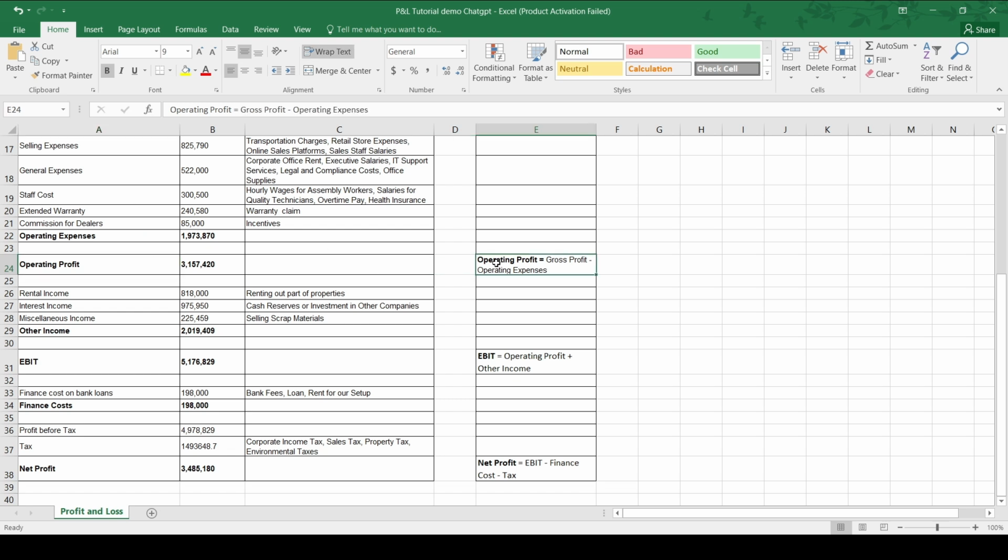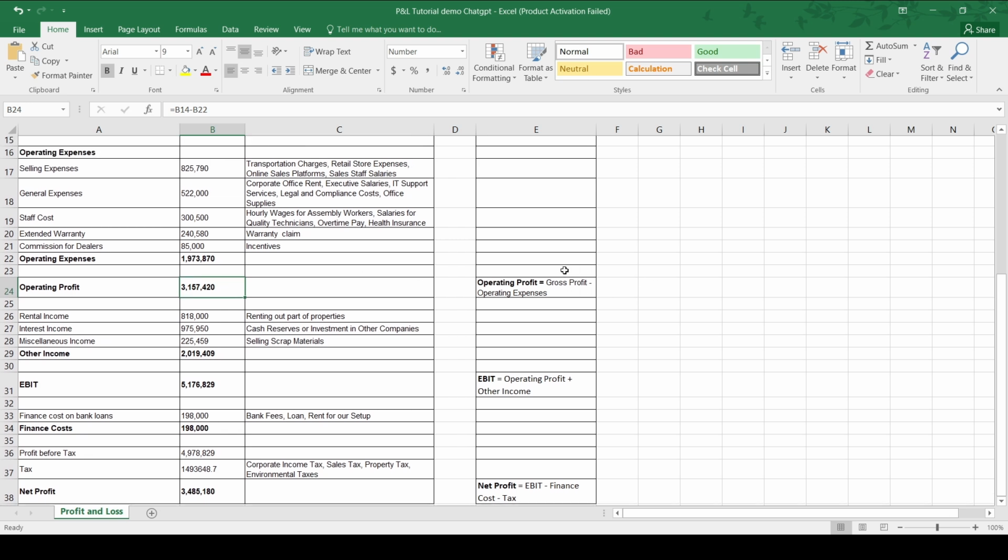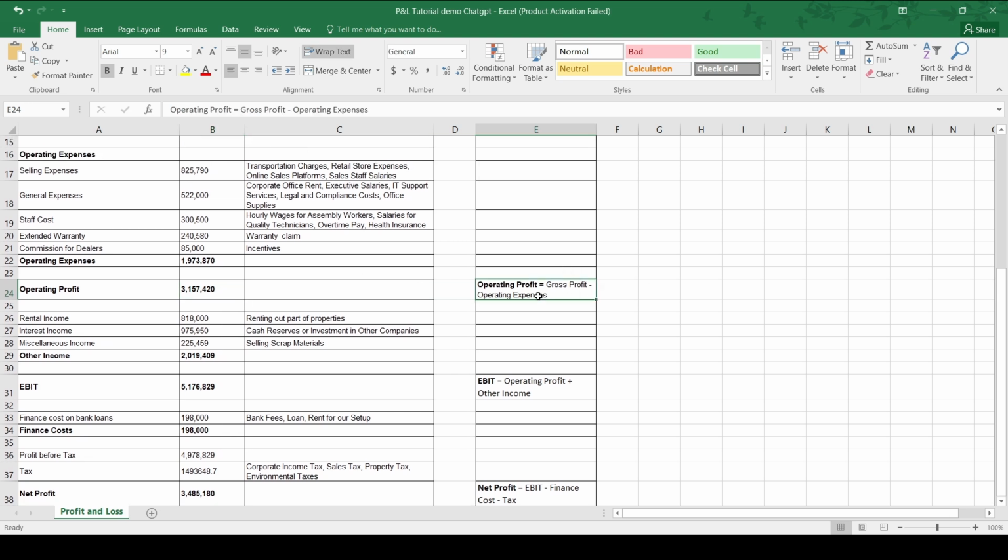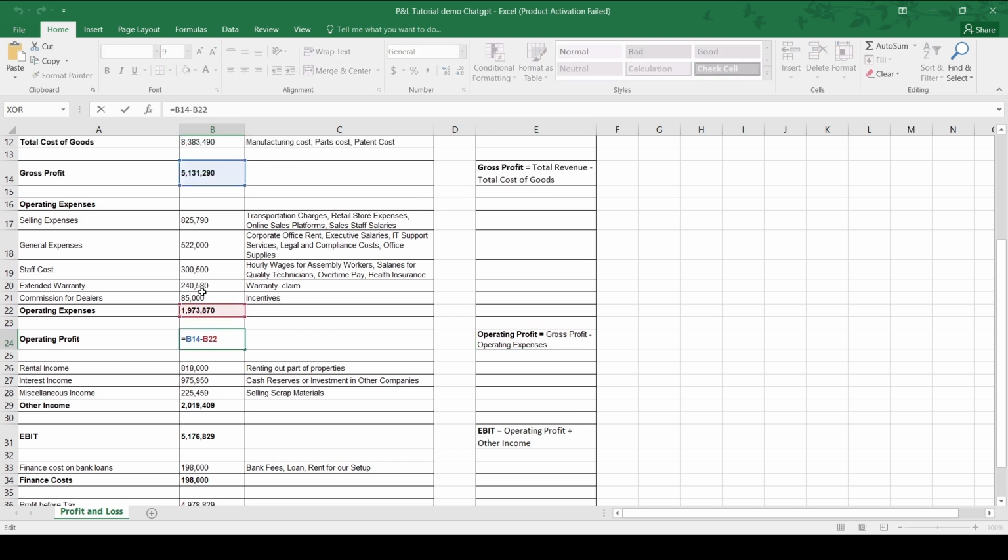This figure tells us how well the company is performing in its day-to-day business activities, excluding external factors like finances and taxes. Here's how you can calculate the operating profit. When we subtract operating expenses from the gross profit, we get our total operating profit. As you can see,